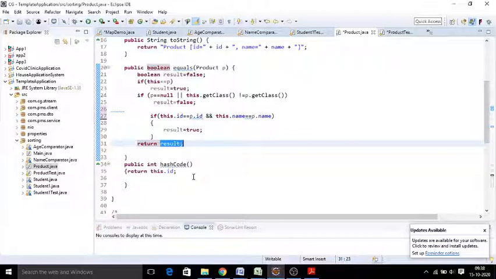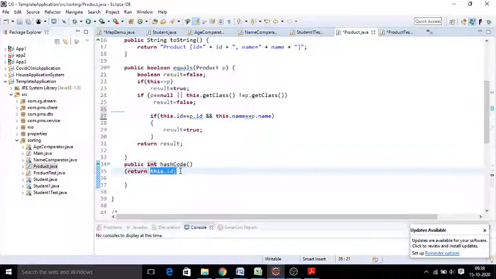So most of the time, whenever you create an object, definitely it is going to allocate an address in the memory. So that is getting returned by your hash code method. So to ensure that your objects are same, you have to consistently return one common integer. It can be a fixed integer value, like return 1, return 10, any number you can give, so that whenever you compare with the hash code as well, it is going to give the same value for both the objects. That is the purpose of hash code.